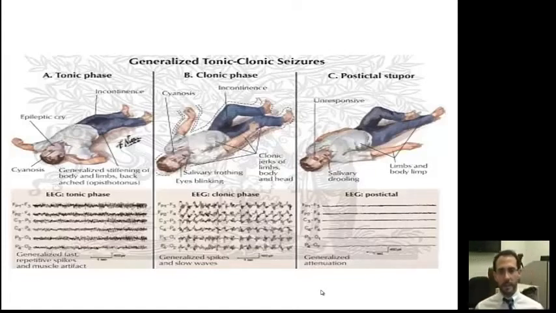So for the clonic phase, basically it's the contractions of the muscles, not only affecting the arms but also the legs, and they can have eyes blinking as well, and the foaming from the mouth sometimes could be pinkish. Why is that? Because of the tension of the masticatory movement, they typically end up biting the side of the tongue. Sometimes the inner parts of the lower lips, but most frequently it is the side of the tongue.